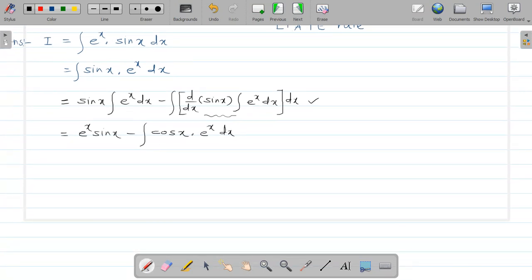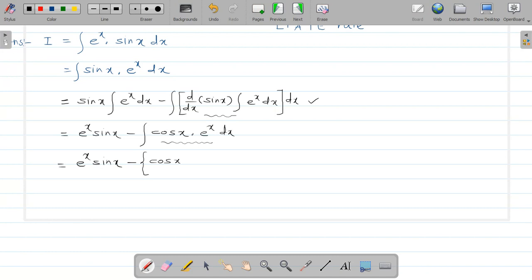Okay, now again what happens here, this e raised to x into sin x as it is minus, now here also you have to use the u into v rule because the two functions are in the product form, cos x into e raised to x dx. Now again we have to apply the integration by parts rule here to get the integration of cos x into e raised to x dx. Now cos x comes first and then e raised to x. Again you apply the rule.